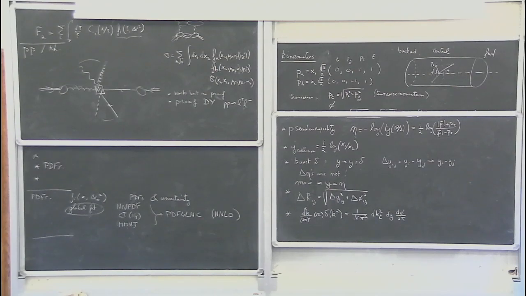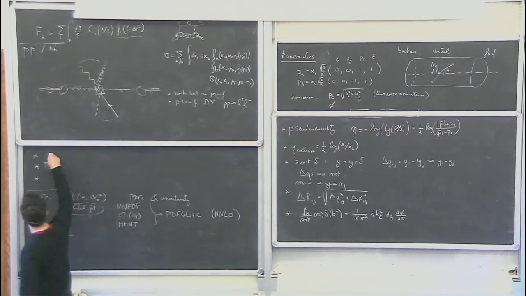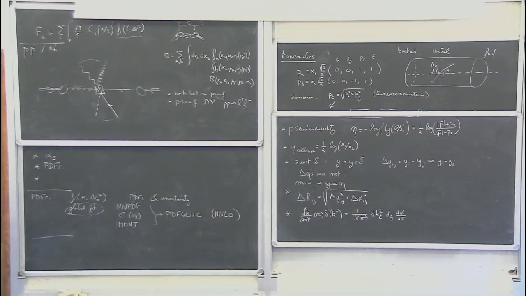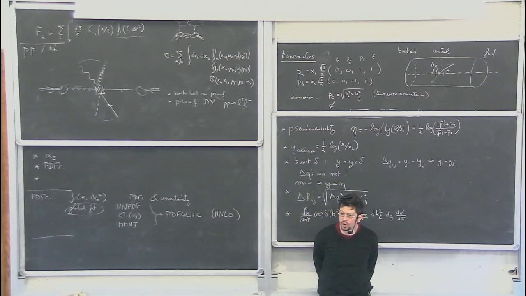What else do you need? There's something simpler than PDFs here. Alpha strong. It sounds stupid, right? You say, well, alpha S is something easy. You think that alpha S is known with a high precision. Actually, with the precision that these calculations reach at the LHC today,